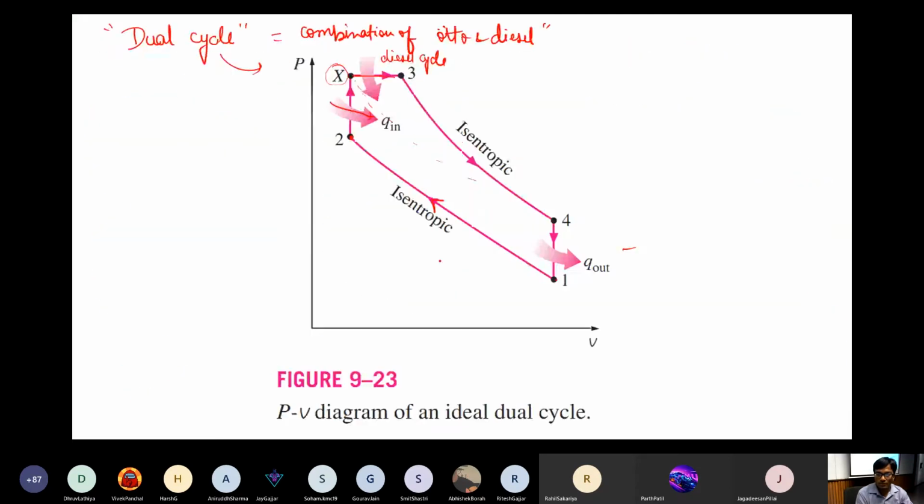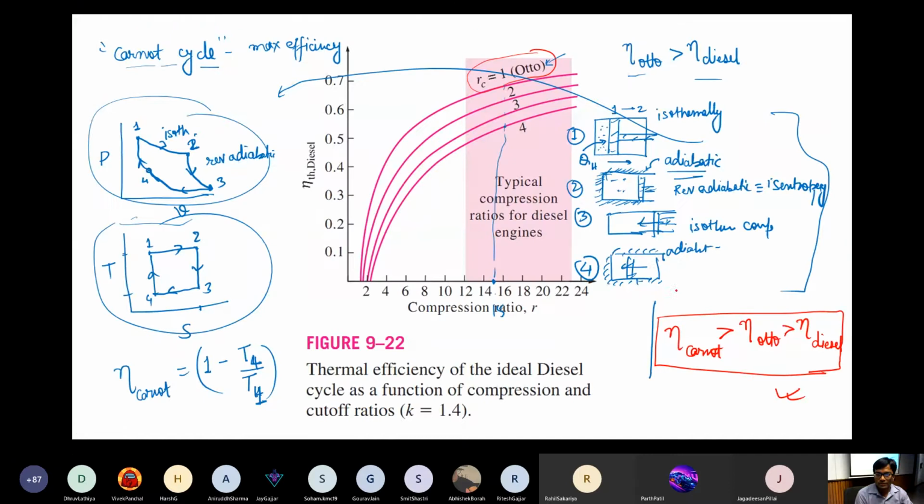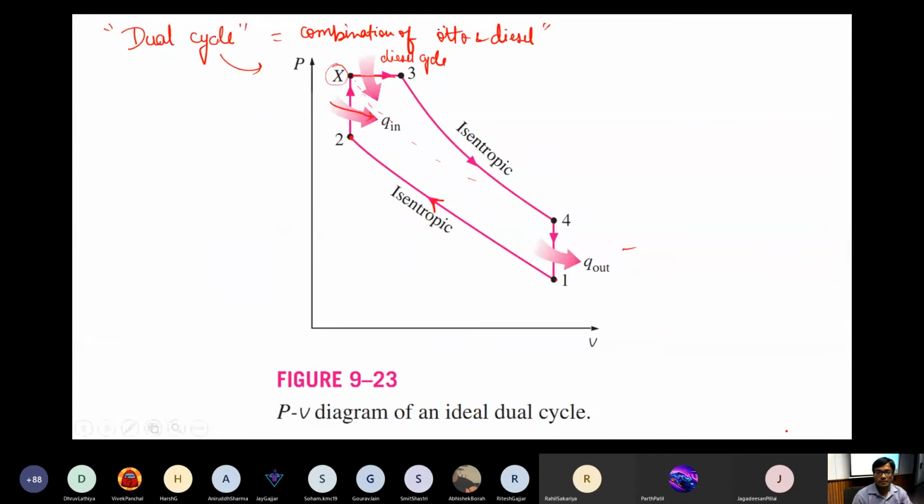We are not going into the details of what these efficiencies are, but you can calculate them. If you talk about the dual cycle efficiency, it will lie somewhere in between. Okay, so in a broad sense, I can again write Carnot is greater than Otto, is greater than dual, is greater than Diesel. Okay,